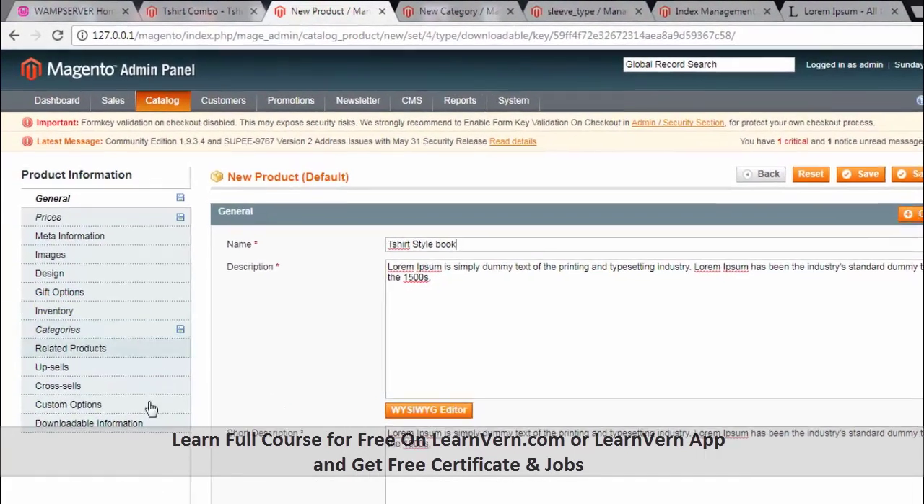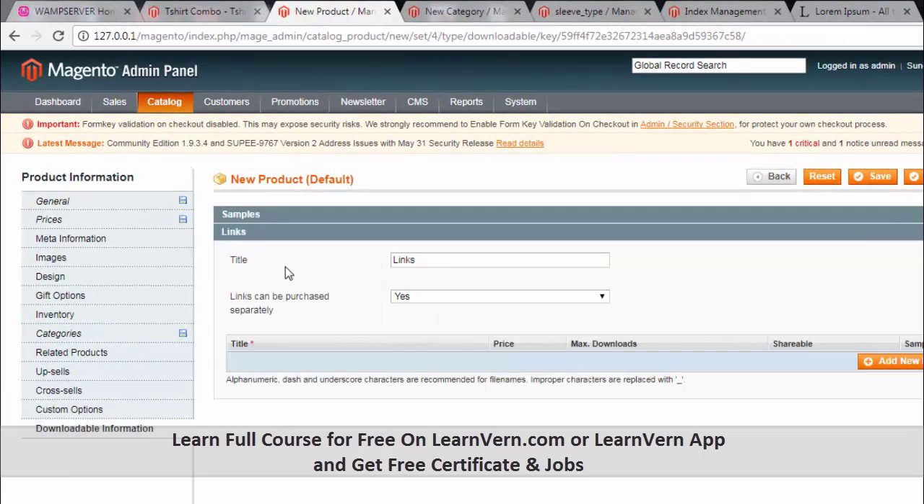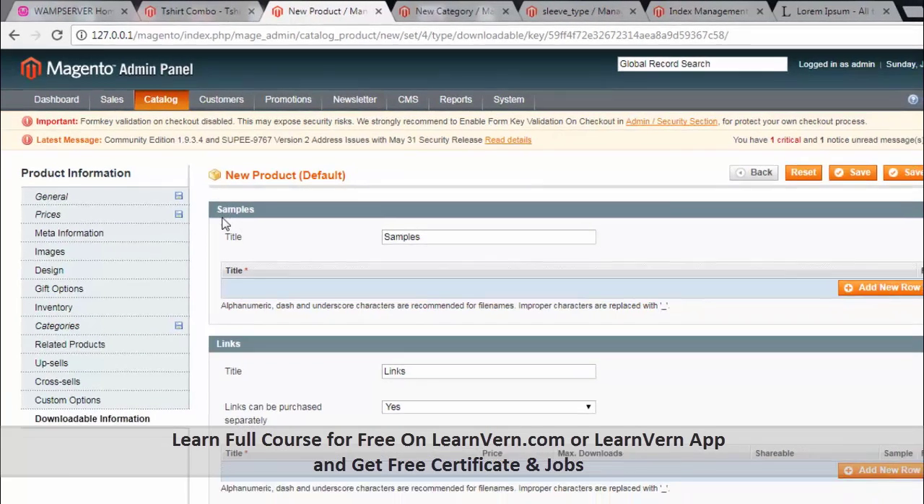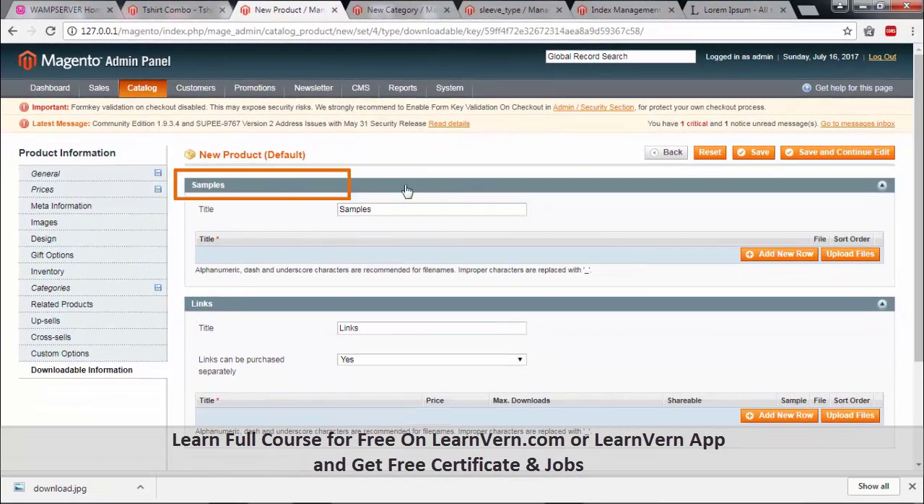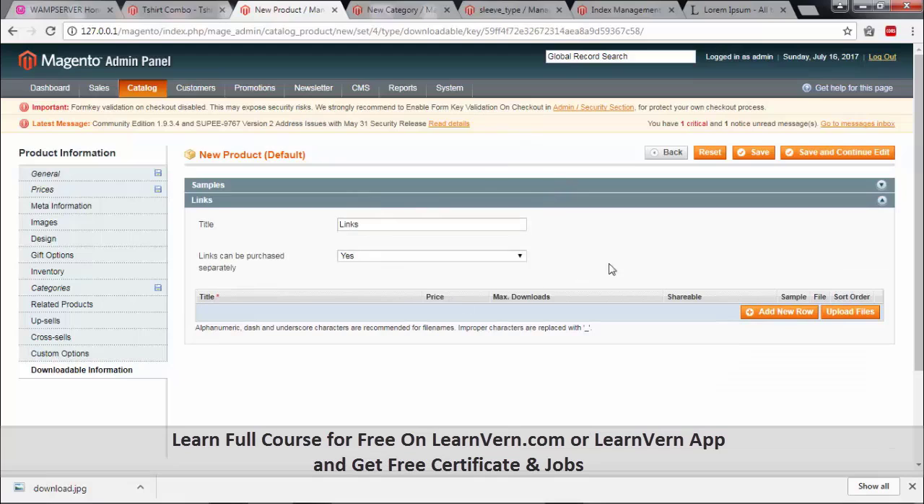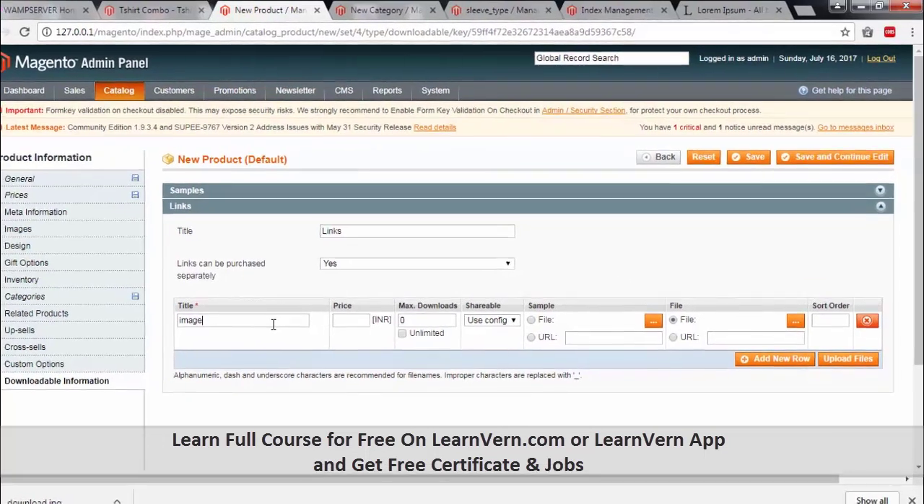And now directly moving to the downloadable information, in the downloadable information you can add in a sample product as well as the original product. The sample product will be available for free, and it can be like a part of the original product, however it is not mandatory to add a sample product. So here I will add in a new sample, and I will name it as image,